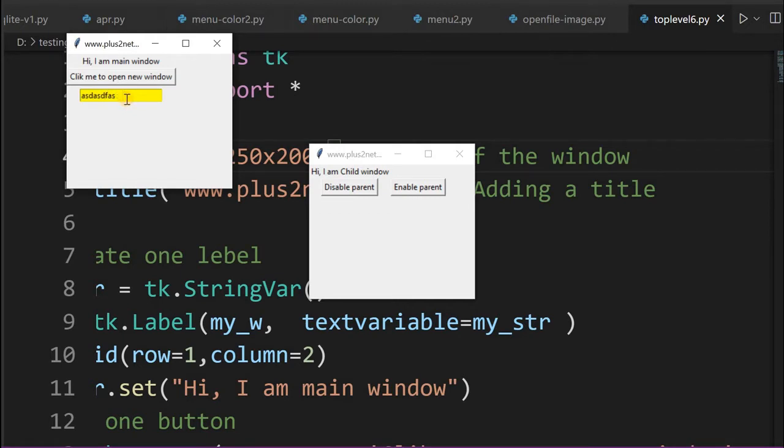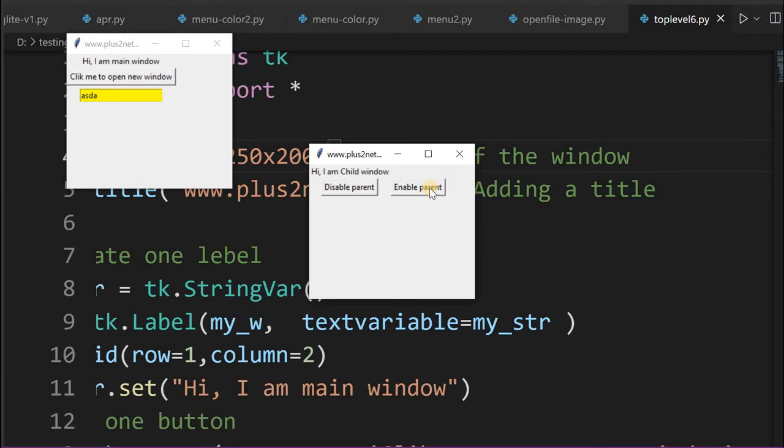Say, in many requirements I don't want that. So when the user must work on the child window, finish the work and then come back to the parent window, for that purpose I can disable my parent window. Now once I disable it, I can't work on the parent window. So only the child window is accessible. I cannot delete it. I cannot work on this particular parent window.